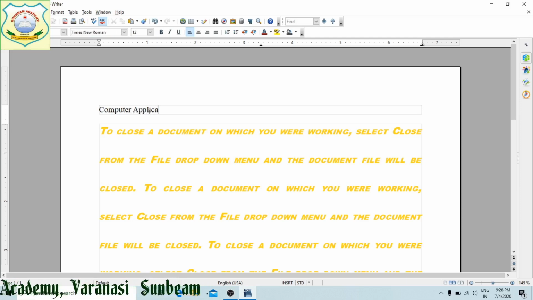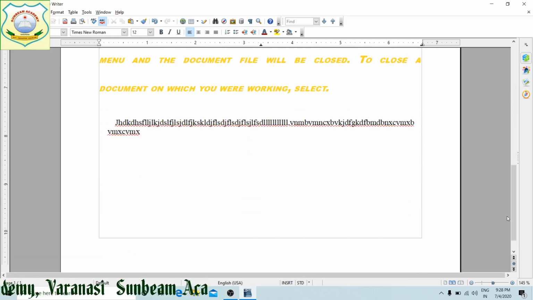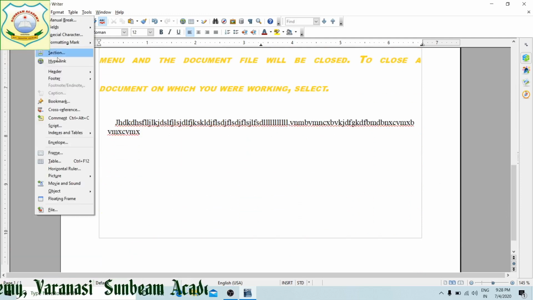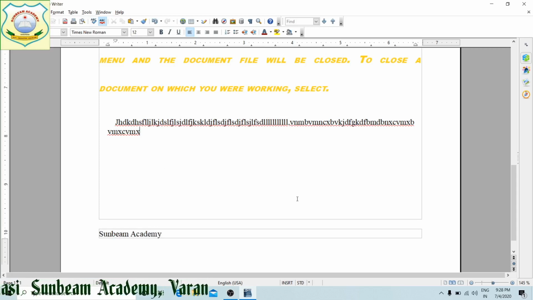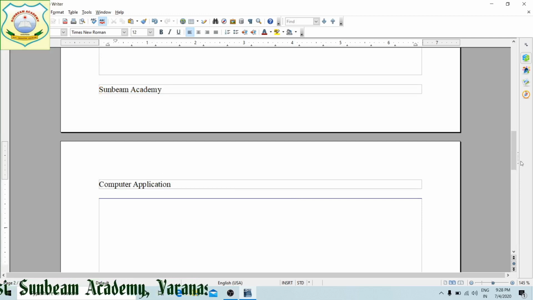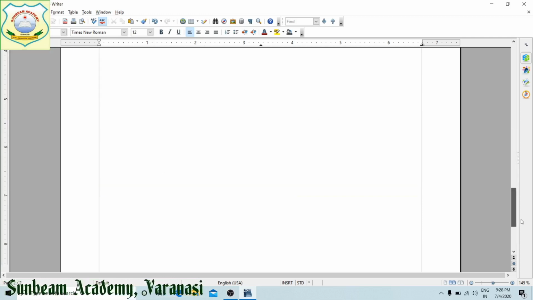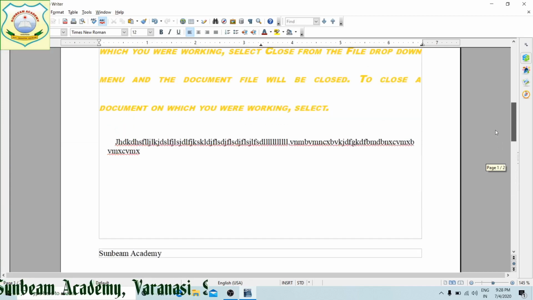Now if I insert a footer, it will come on the bottom of the page. Suppose here I have written the name of the school, right? When we shift to the next page, your header and footer will automatically come. Is it clear, students?